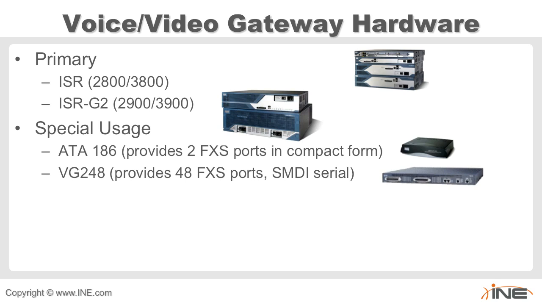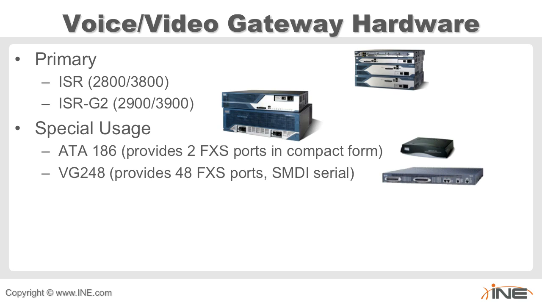Then we've got a VG248. There is also a VG224. VG248 provides 48 FXS ports, and a VG224 provides 24 FXS ports. Now, why would you want to get the 224? Well, first of all, it's a newer device. The VG248 is an older device. It has older DSPs in it, and so it can't quite reach some of the higher faxing speeds or modem speeds. In fact, if I remember properly, the 248 will only support modem speeds of up to 33.6,